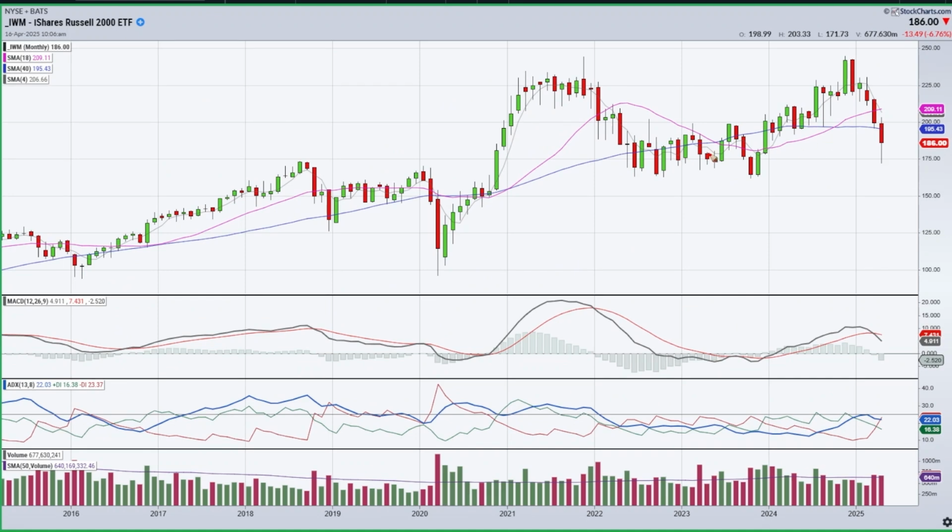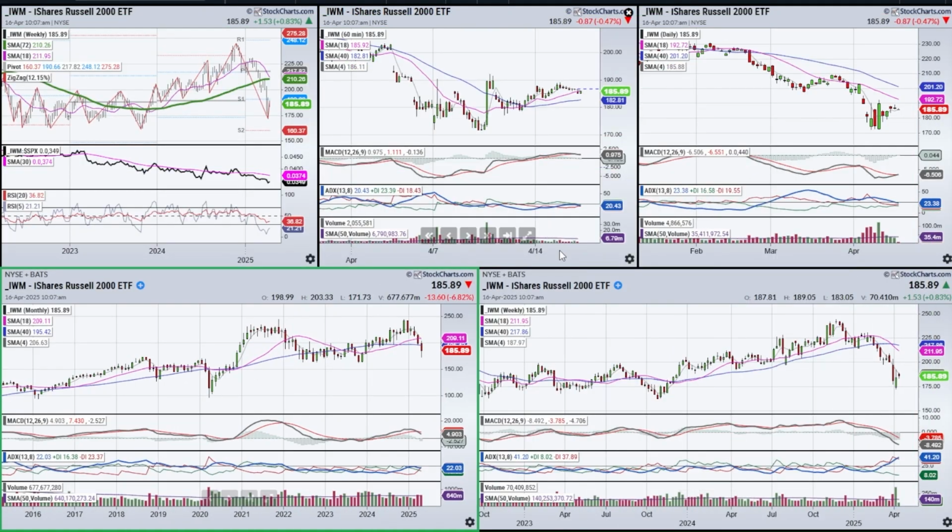And if we look at this on the monthly, though, I don't think there's a huge amount of downside in this. When we look at it in these terms, we could get a little bit of a deeper pullback and test these lows, but we're already kind of back into this area. So I would be more concerned with something that's turning down and has room before getting into support as opposed to something like this. But what bothers me about this is the fact that the relative line continues to trade